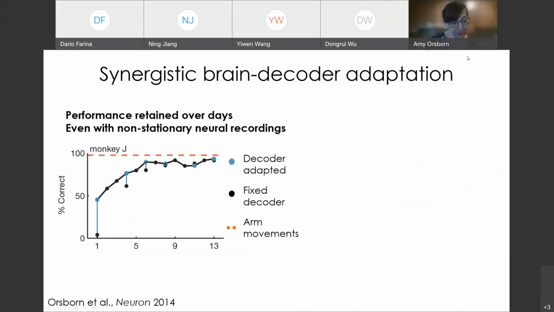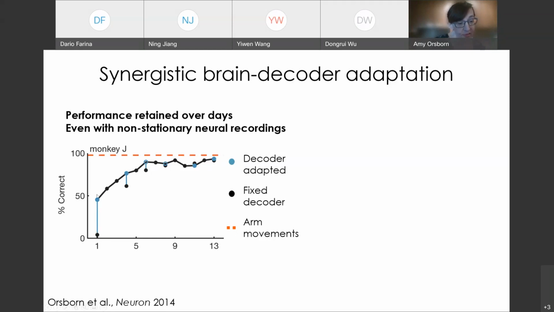possible. So we had an animal, and we used adaptive decoding to initialize the decoder parameters. What I'm showing you here is performance, percent correct on a simple cursor control task across different days. On the first day, we start with completely random initial parameters of a decoder. We then use an adaptive decoding algorithm called SmoothBatch that, in the interest of time, I won't talk about in detail, but I encourage you to look up the papers if you're interested.